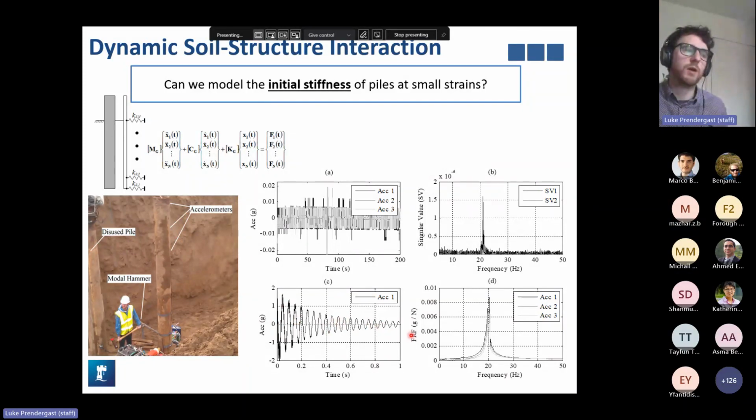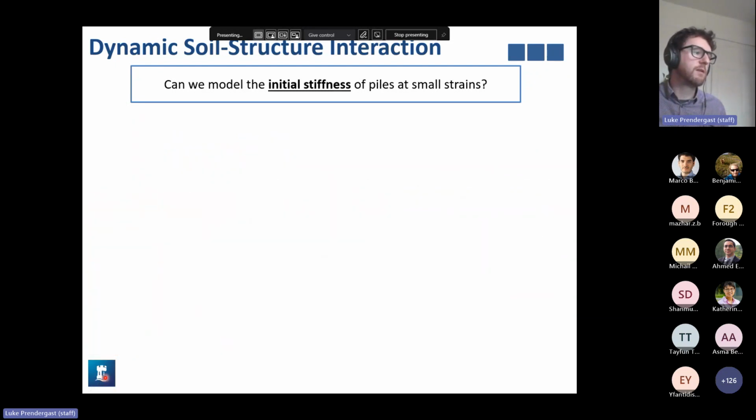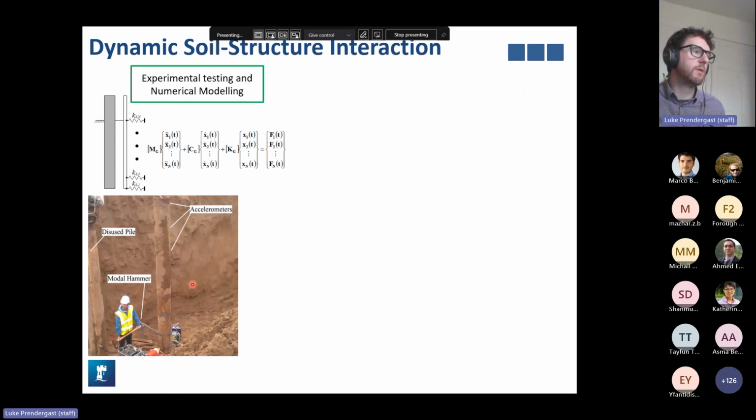We pass that through a frequency response function using the input and output data, and we get these three frequency response function peaks for the three accelerations, approximately at 20 to 21 hertz as well. So this was the data we were using to try and estimate the dynamic response. So what it actually looks like is the following. We impact test the pile, and then we get our output acceleration and data.